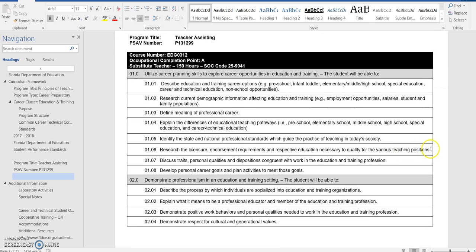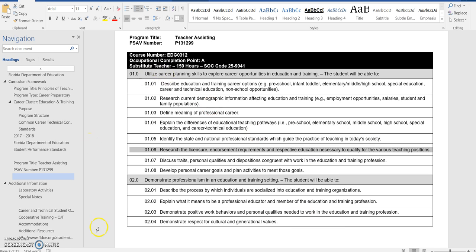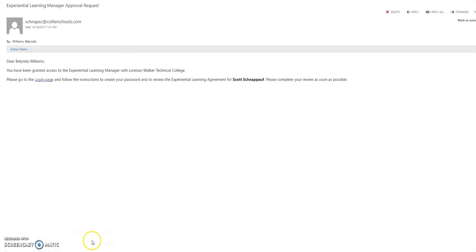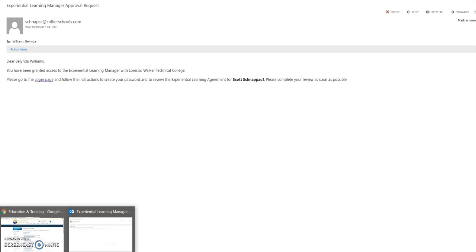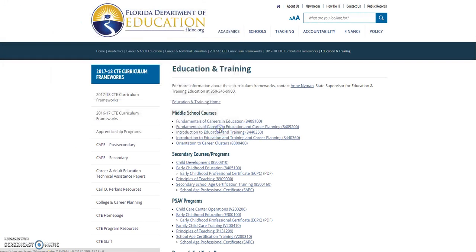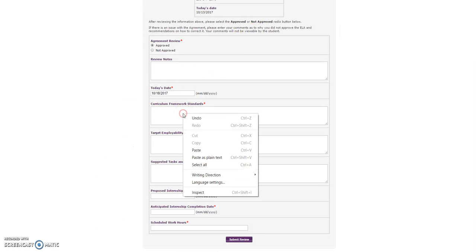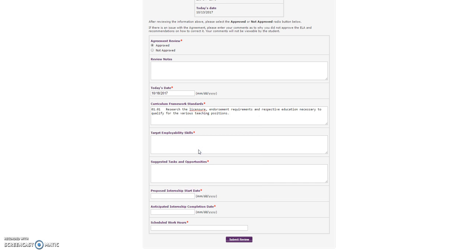And I'm simply going to go through and find those things that I want my student to work on, and I'm going to copy and paste. Copy. I'm going to go back then to my agreement. And I am going to start pasting those directly into my curriculum framework standards. Once I'm satisfied with the kinds of things I want my student to work on while they are off-campus working,